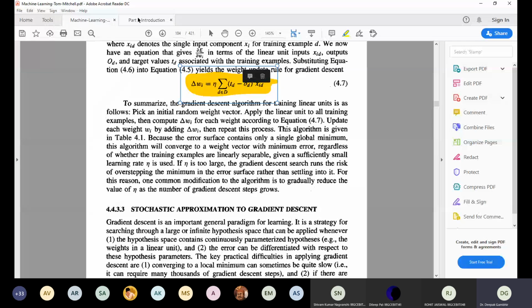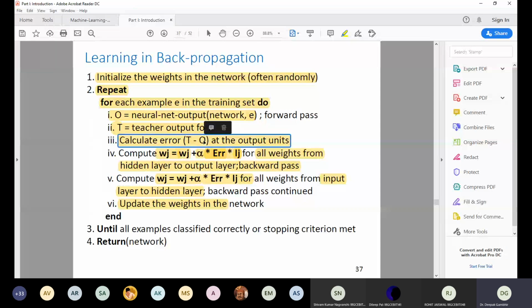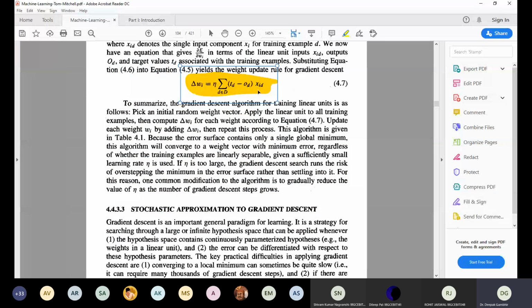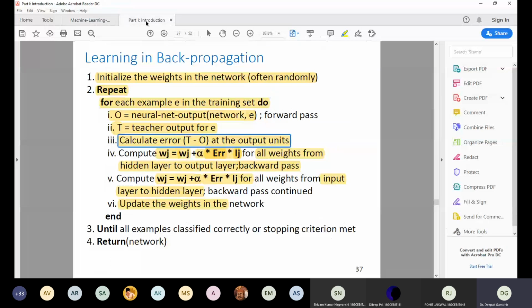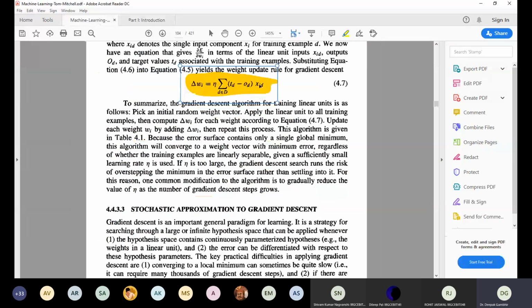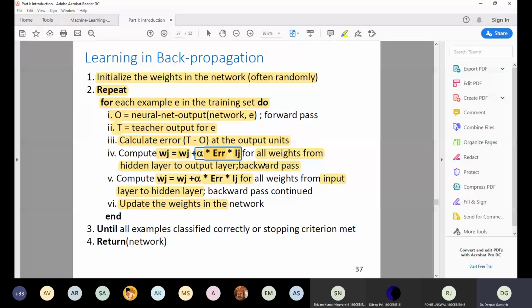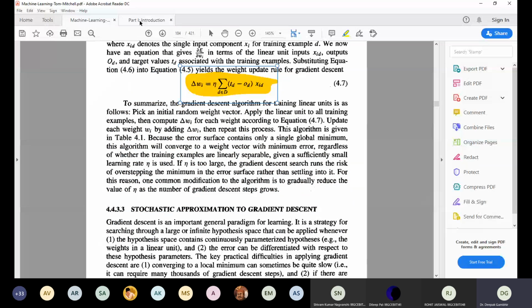Here the summation is not shown, so here it is shown as a vector, where here it is shown as a single value. Both are one and the same thing, where it is shown here as a vector, then it is multiplied with the ij, that is your inputs. So here it is xid. Both are one and the same thing, but shown in different ways. So whenever you learn from more than one source, please don't get confused.